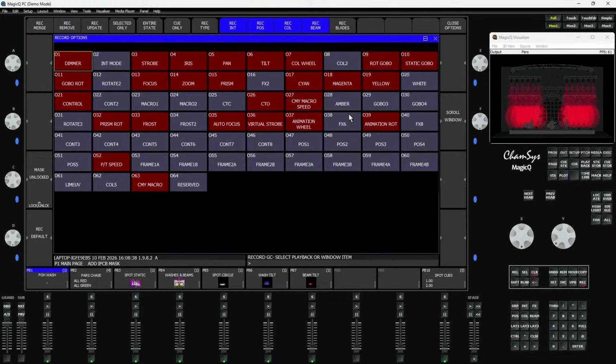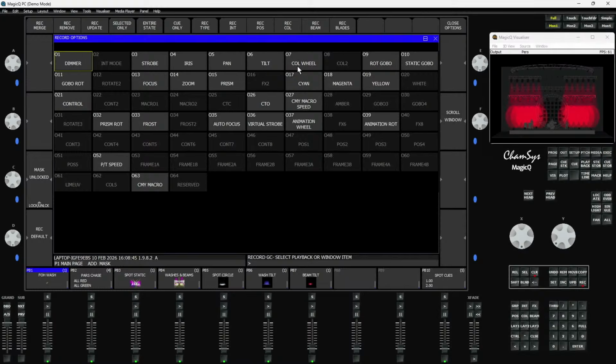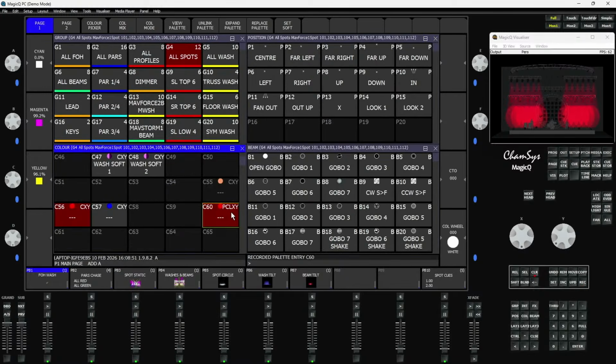It doesn't have white, doesn't have amber. So it grays those out. But it will allow me to record them over there. Or if I toggle these off, I can go in and I can pick the attributes I want. I can say take CMY and take pan and tilt. Close the options on the top right here and go and record a palette,